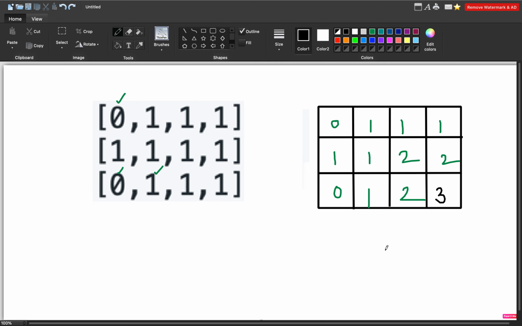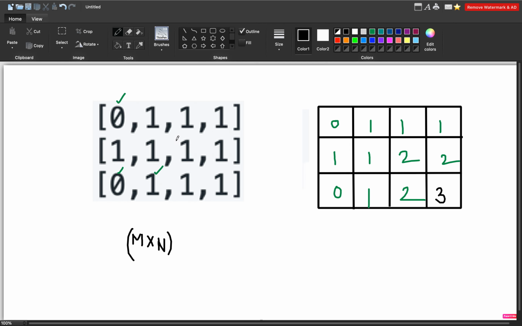Like the first thing that may come up to your mind is, firstly you need to iterate over all indices. So since the size of the matrix is m cross n, the total number of indices will be m cross n. So this is the time complexity for iterating over all indices.